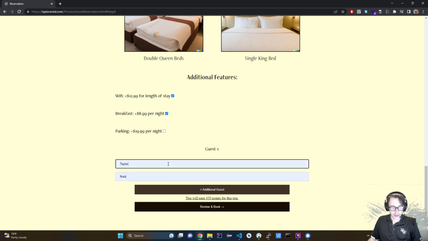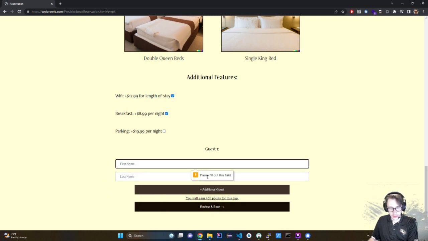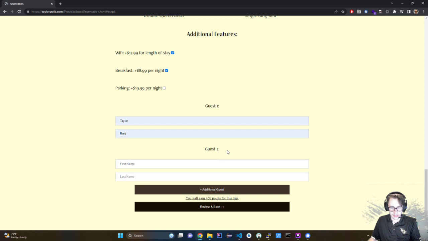So then we'll put in the guest one name. This one is required in the HTML, so if I remove it and click review and book, it's going to say please fill out this field. If you want to add an additional guest, you can. You can keep clicking this up to 5 guests. If you don't enter anything though, it will just ignore it. And then it tells us how many points that we'll earn for this trip. So if we click review and book,